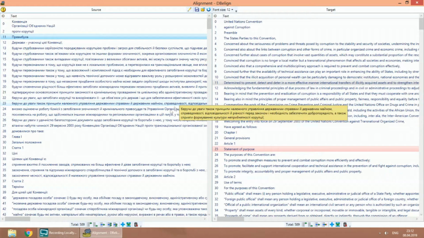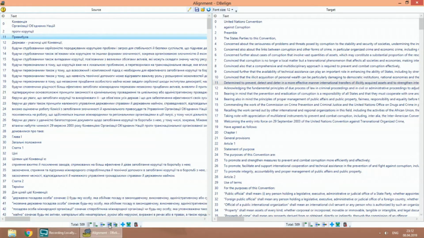Just imagine how much time you would spend clicking each of them and assigning a target for each of them. But there are two buttons for semi-automatic manipulation with the selected cell and all the cells below it. I need to raise targets, so I click the respective button. As you see, all sources now have the right targets.